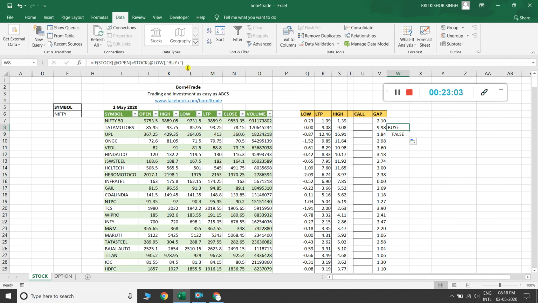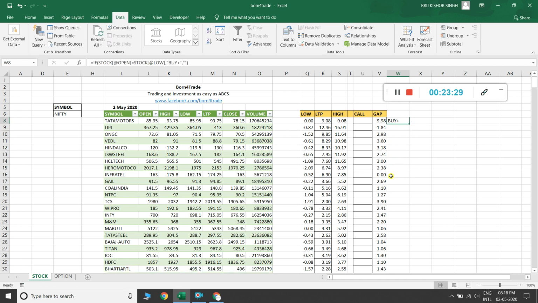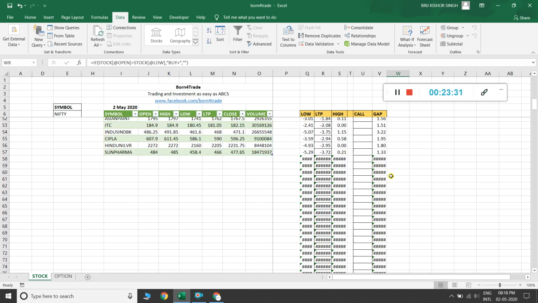Then I just put here a comma, double inverted comma, and click it. It gives the same result, but now it doesn't give false, it filters the false result. So this is the effort of buy plus.